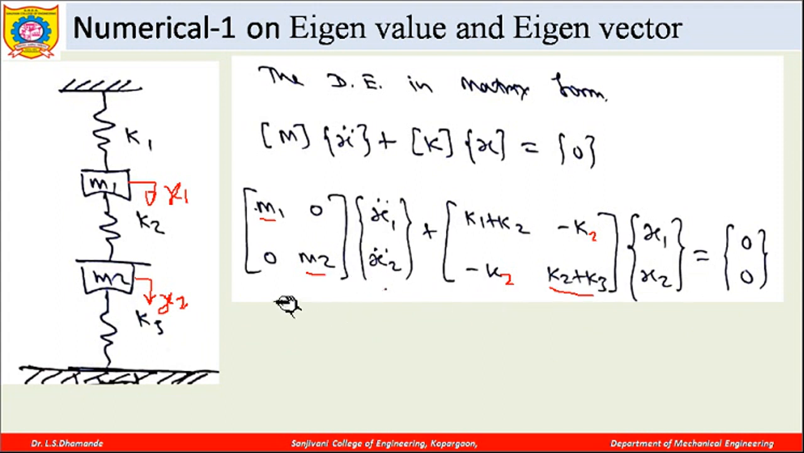So it is always better if you draw the free body diagram of this initially, then draw the sum of these forces acting on this particular mass and sum of the forces acting on this mass, and then get the differential equations, and then express these differential equations in the form of matrix instead of directly writing this way. Okay,